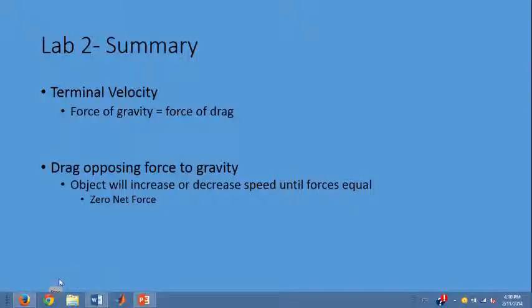Drop position. Now, the drag opposing force to gravity's objects will increase or decrease speed until the forces are equal. So if it's thrown down, the drag force is going to be